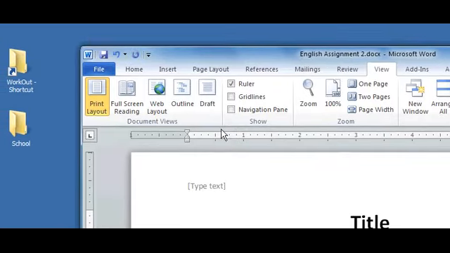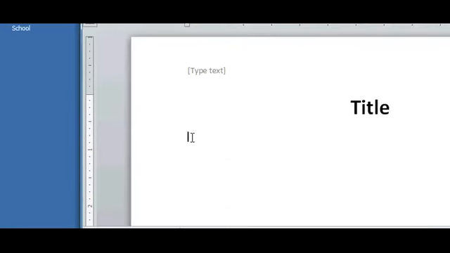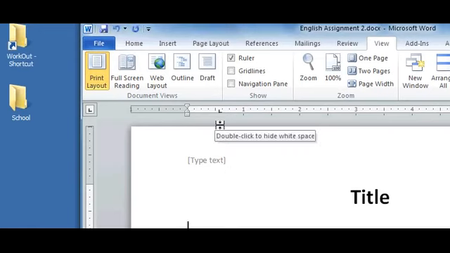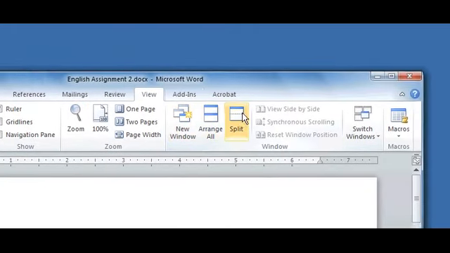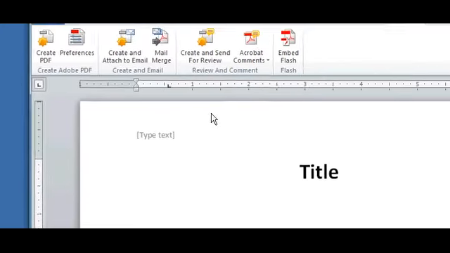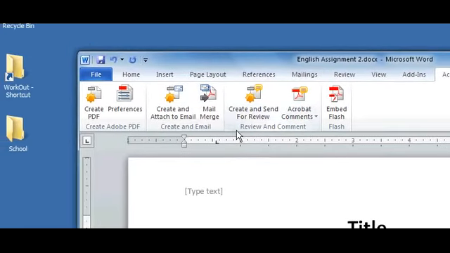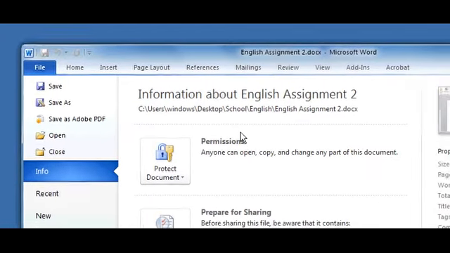Okay, so if we actually put in a tab stop, what that does for us, if we click onto this line, notice our tab stop. If I click tab one time, notice that my cursor goes over to this tab stop. That's something that you can use. We can also do things like arrange our windows that are open. Okay, finally we have add-ins and Acrobat. Okay, so that's a review of the main features of Word. You should experiment with them yourselves or use them as